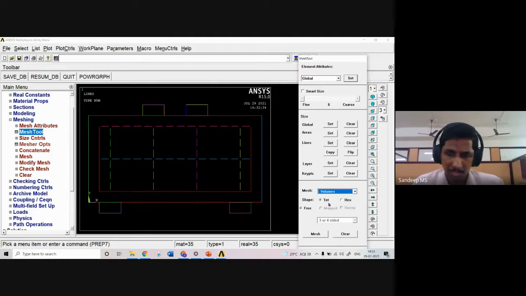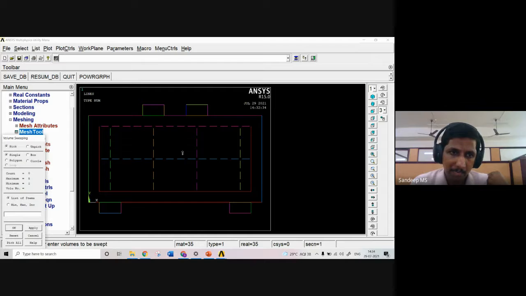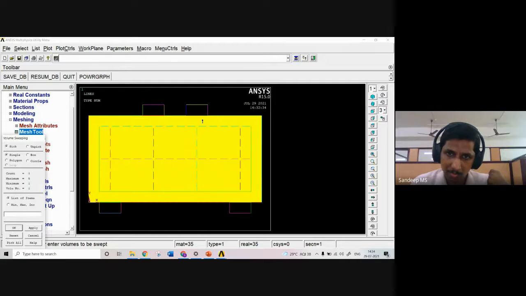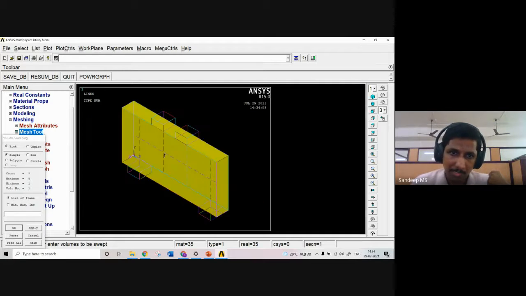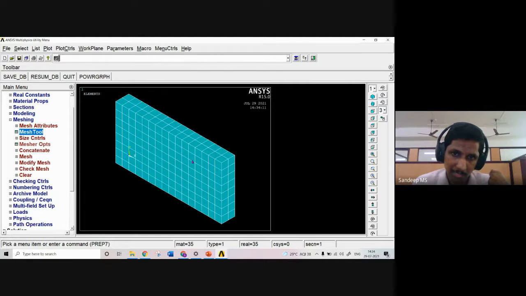We have tetrahedral meshing, we have hexahedral meshing, and different types of mesh. Here I am taking hexahedral, and I am taking the sweep option. I am pressing this, and now I have to select the volume. So the entire concrete volume is selected, and I am pressing this. Now we can see it is meshed into smaller elements.